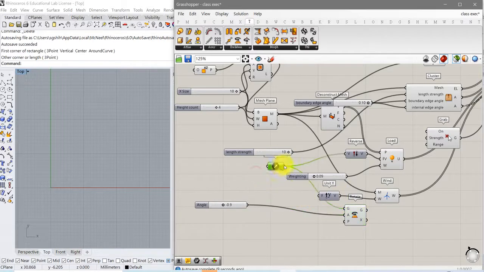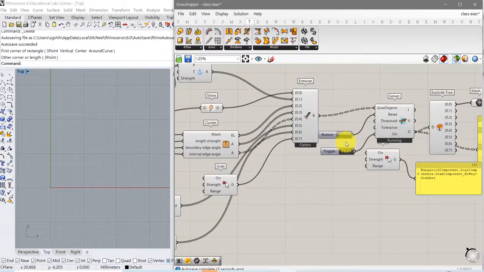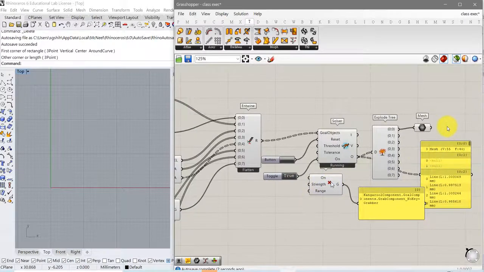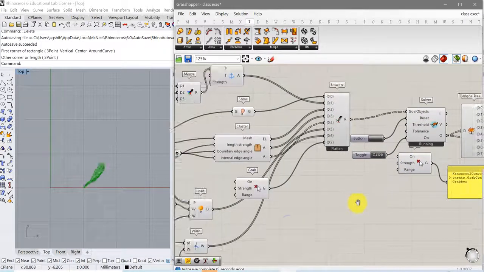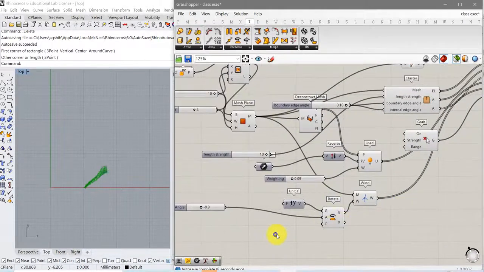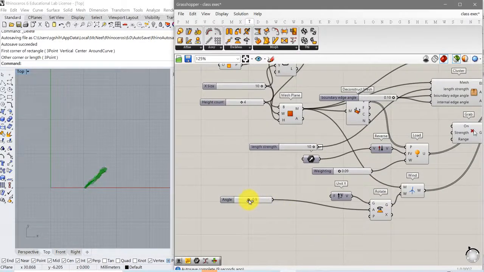No. So it's just falling. Yeah. Should be this one. Okay. Hopefully it works. Now we are looking at the top view. Yes. Okay, so